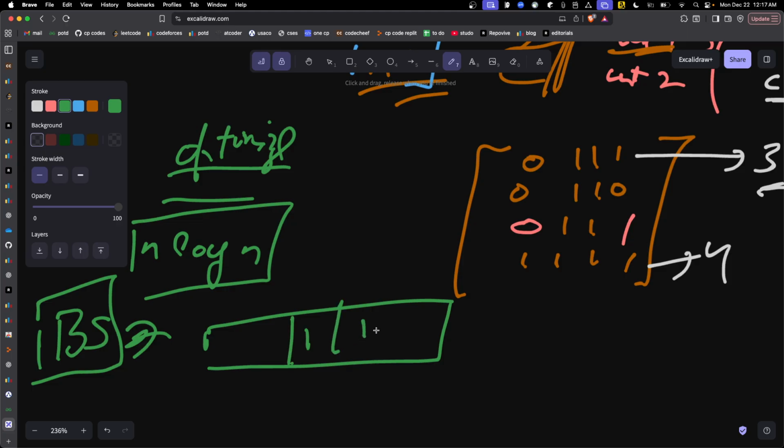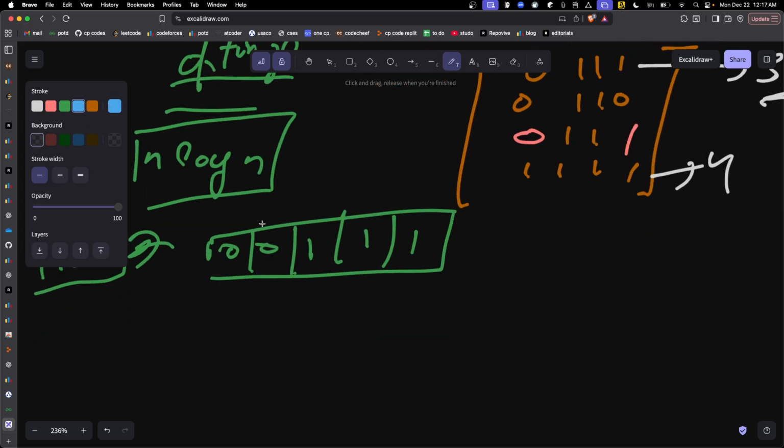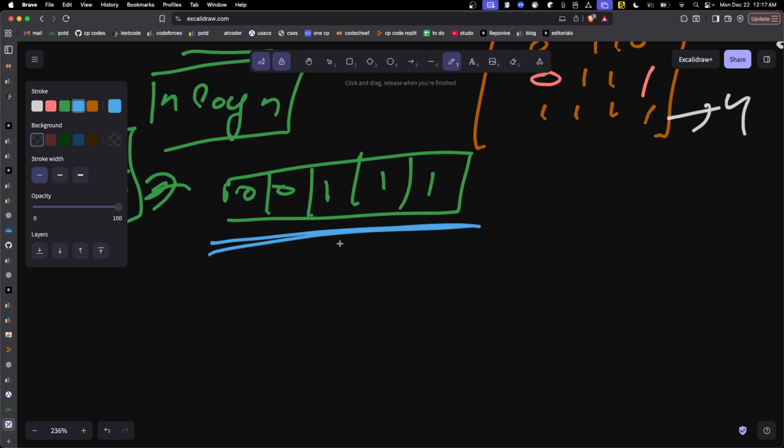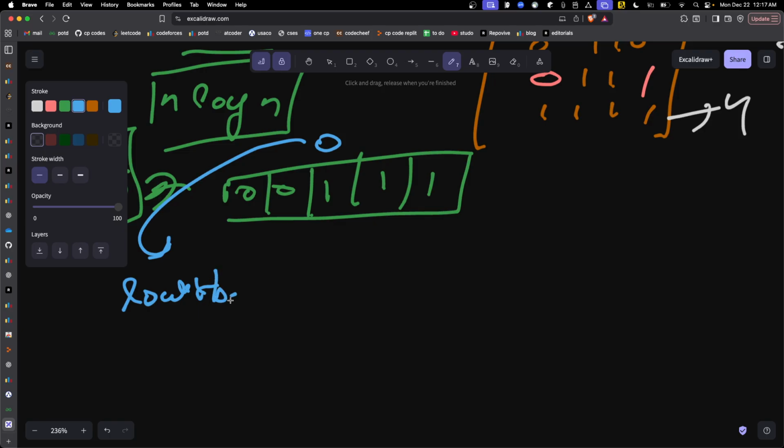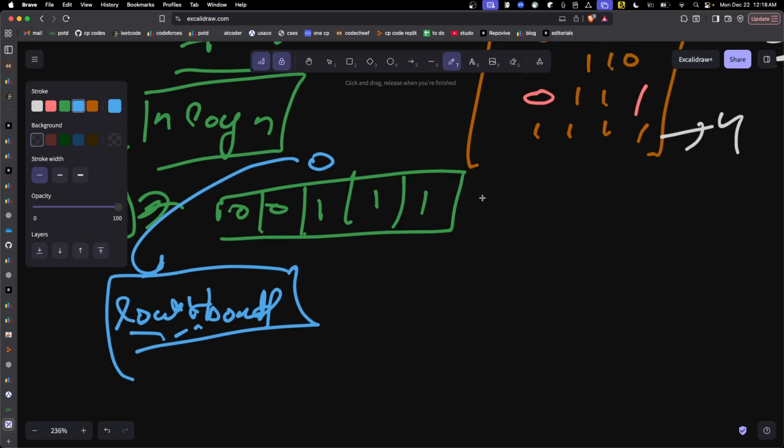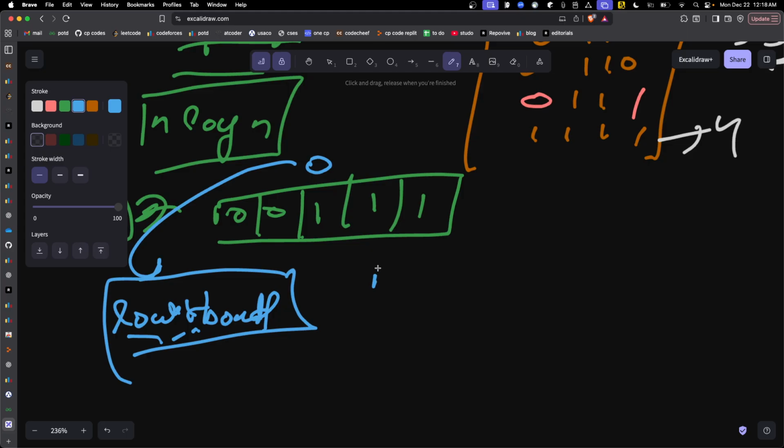If let's say this is our array and we want to get the number of ones in the array, we know we can traverse it and maintain a frequency of 1. That is one way, but the better way obviously is to binary search on the first one. That can be done using the lower bound function. After the first 1, every element has to be 1 because the array is sorted. So we'll find the lower bound of it. Let's say the lower bound is this index, 0, 1, 2, 3, 4, and we'll just do the size n minus the first index of 1,